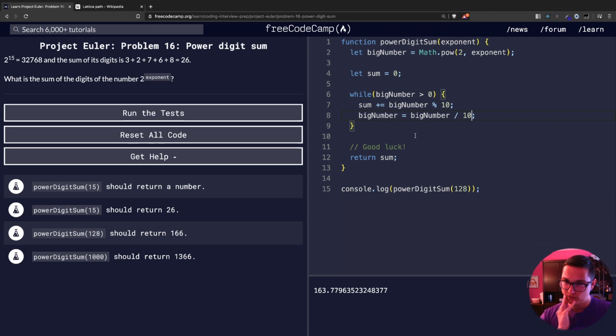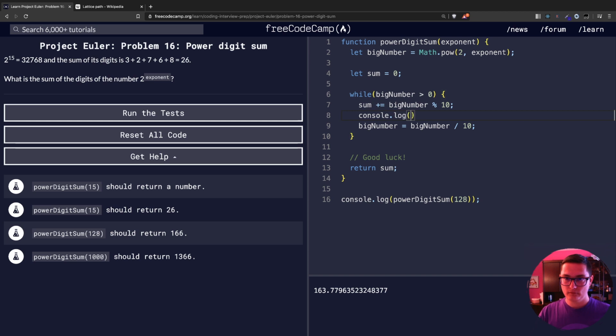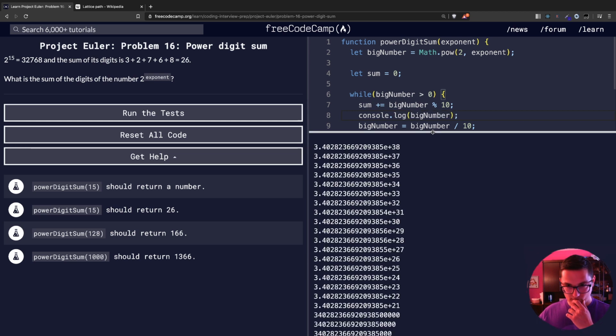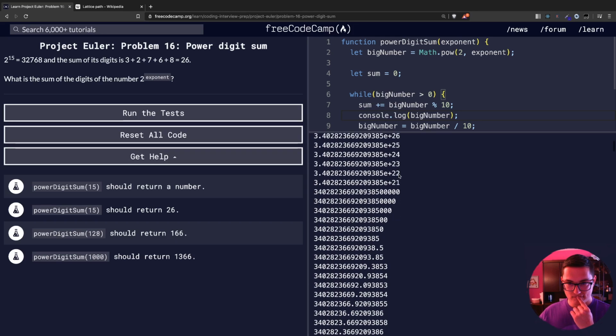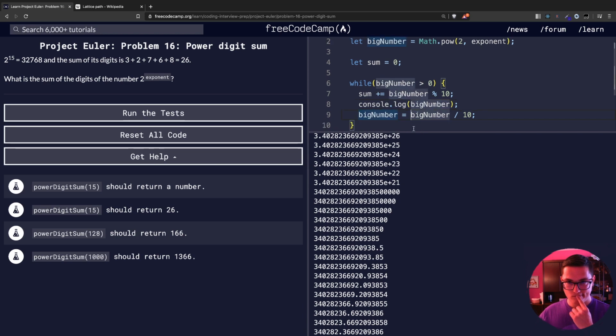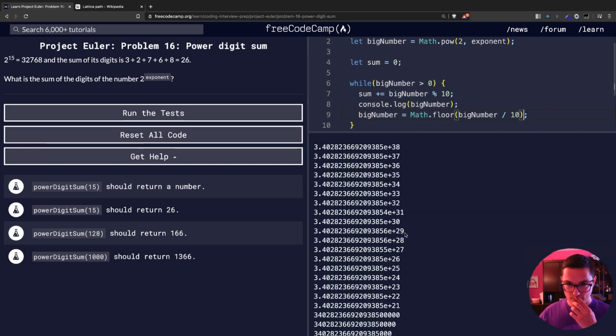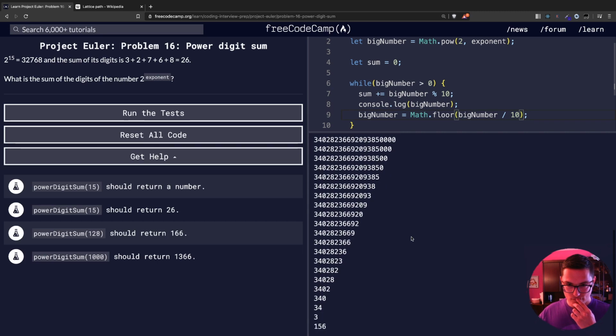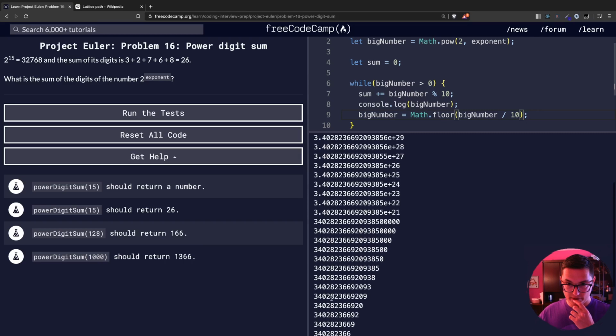How can we do that? It should work though. So it chops off the numbers, but